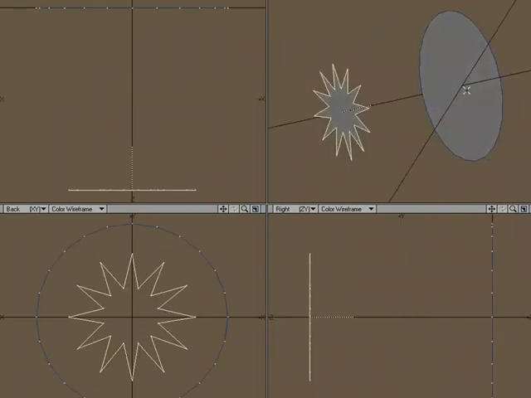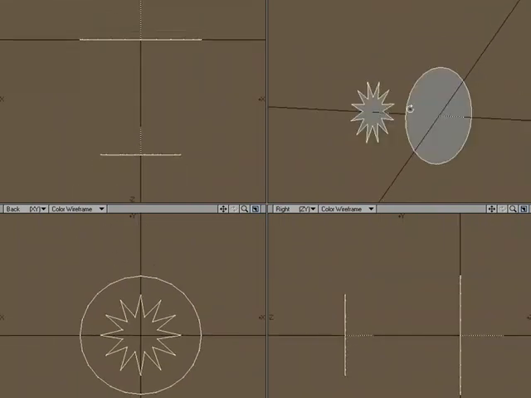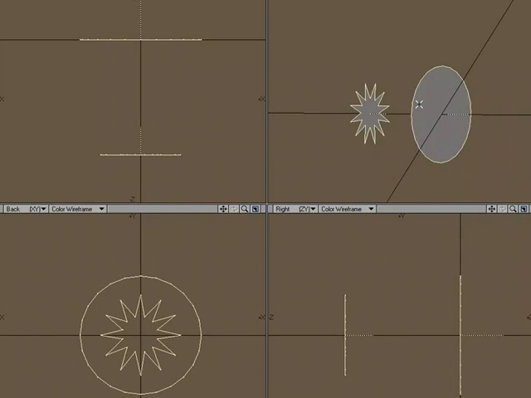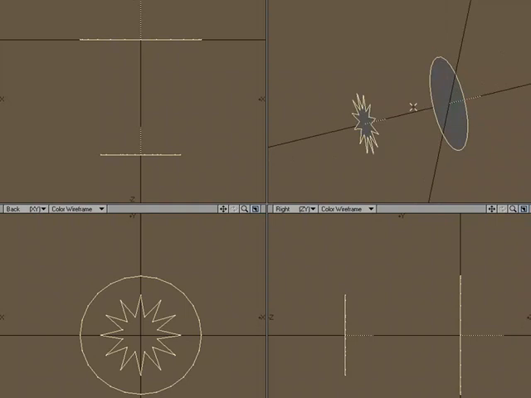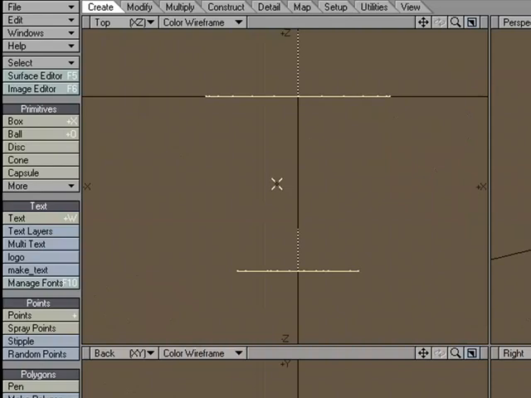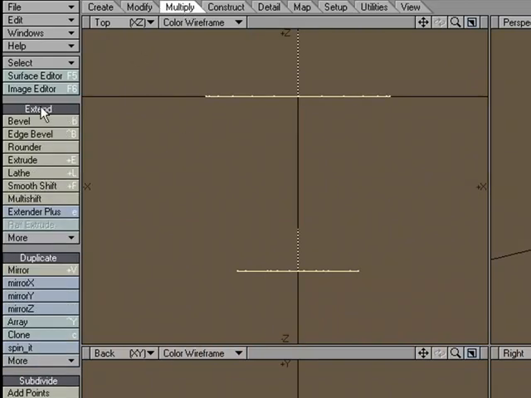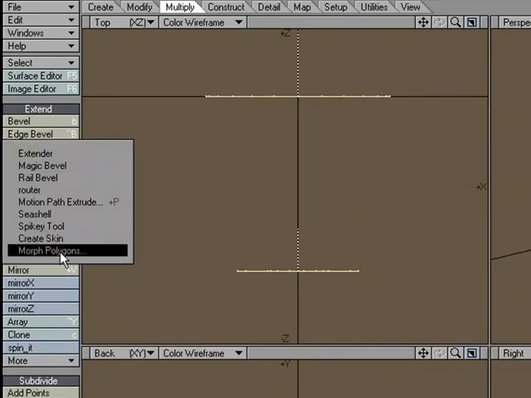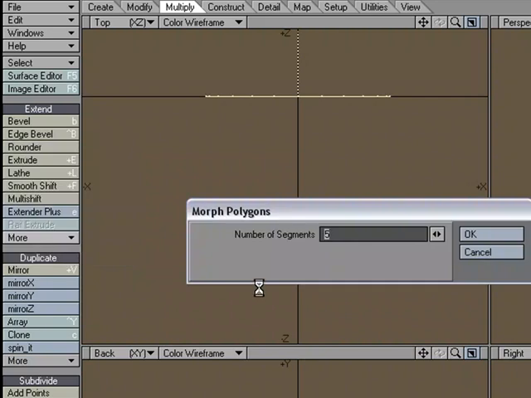The other thing that we need to know is that if we're going to use the skinning, which is what the Morph Polygons tool is, we need the polygons to be facing in the same direction. We know that they're facing in the same direction if we look at the polygon normal shooting off the face. So if we come over to Multiply, Extend, More, Morph Polygons,